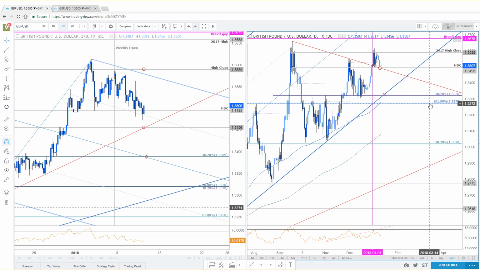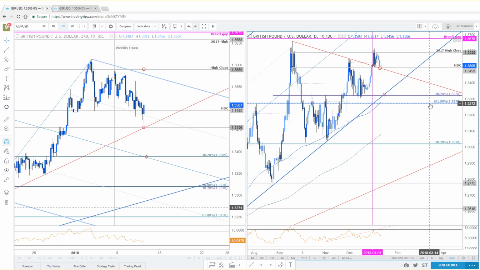So these data prints, while they inherently won't necessarily be a major market mover per se, are going to be the first gauge that we get on how the fourth quarter did. And with the strong third quarter that we had, certainly there's going to be a lot of emphasis on how both the retail sales picture and the inflation outlook look. So keep that in mind tomorrow, 8:30 Eastern tomorrow morning.